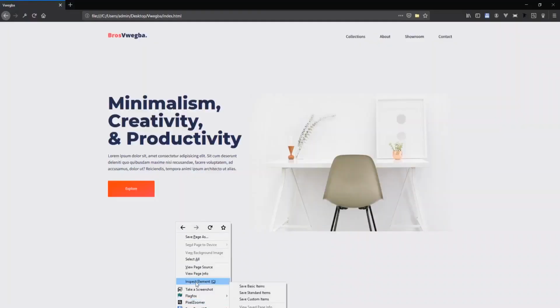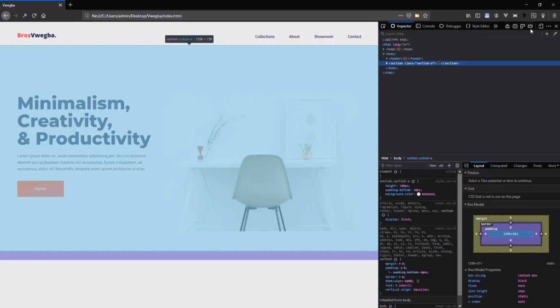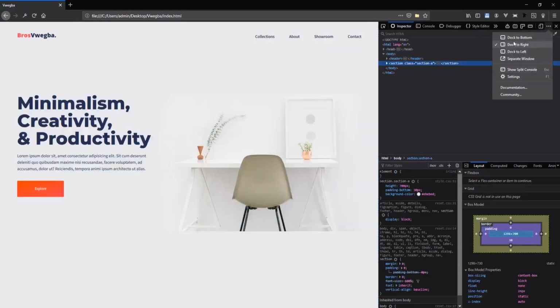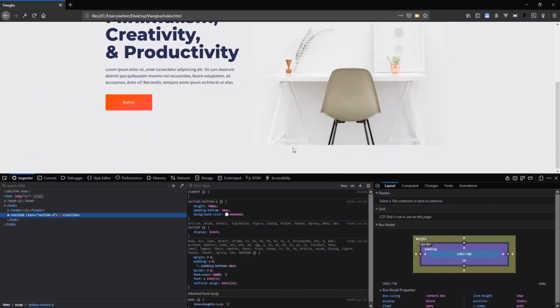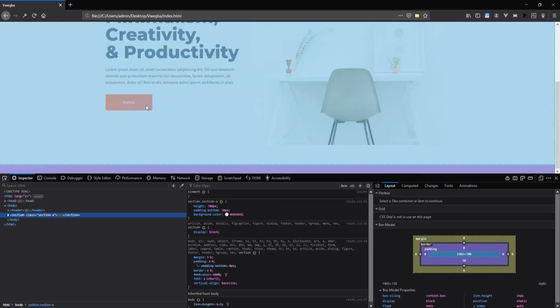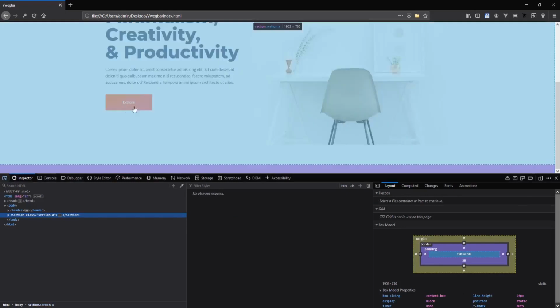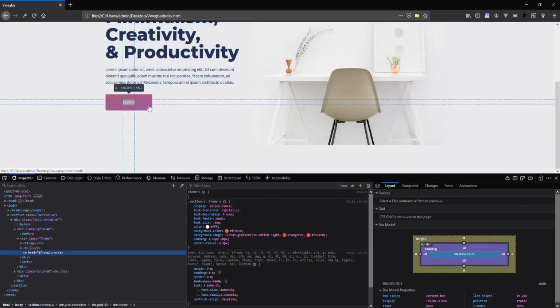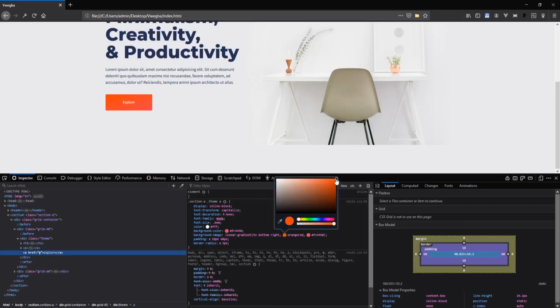If you debug, say inspect element like this, I'll dock it. Inspect element. Select the button here, select this thing, then try to pinpoint the colors. If you say orange red now, which is this one, just pick it and come out somewhere like this.